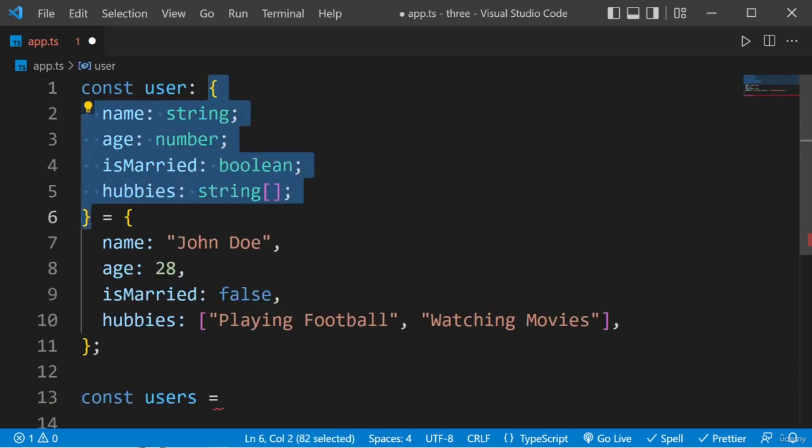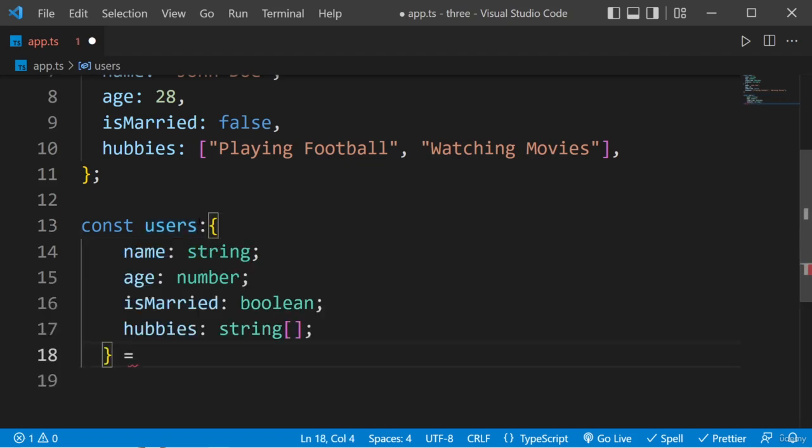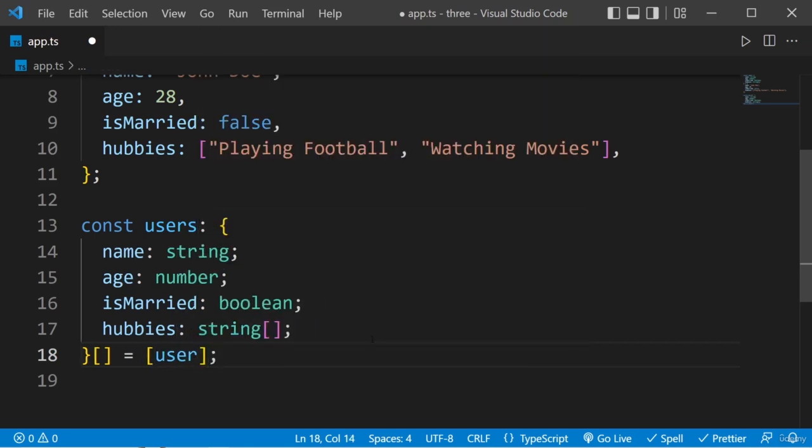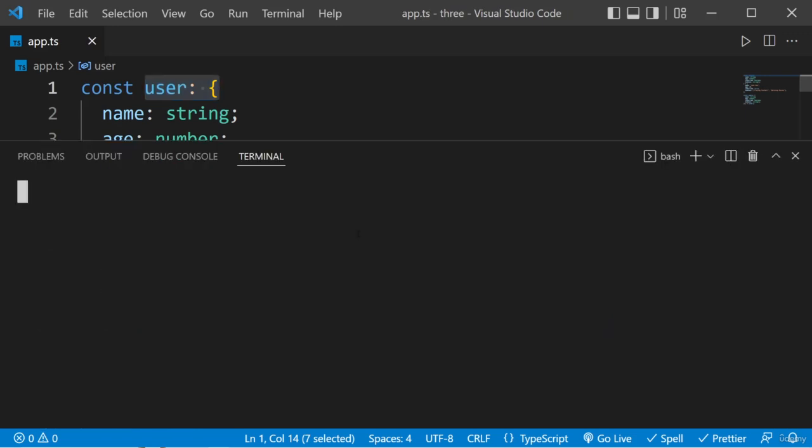Okay, now I'm going to copy all these things, and let's define the type right here, and we are going to add this array as well. And now inside this I'm going to add this user. And now as you can see here, we have this users, and this is now a new variable. Previously we were having this user. Currently we don't have any error. Now if I save this file and if I try to compile this,